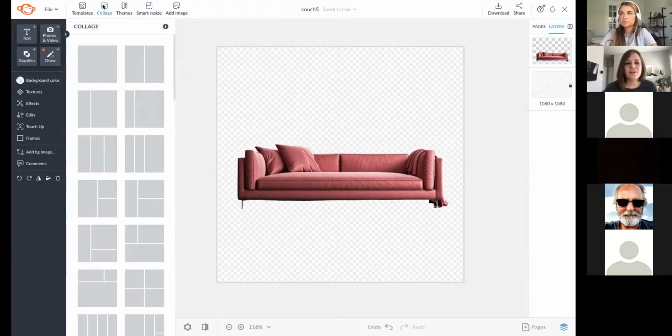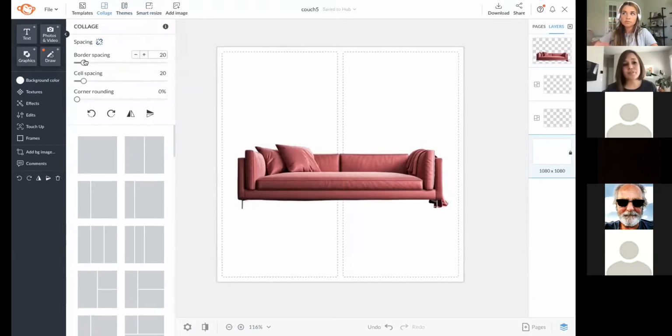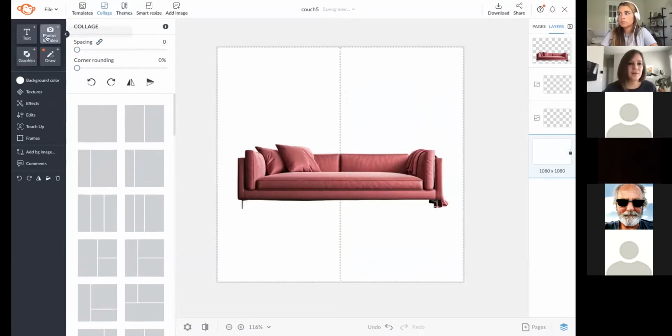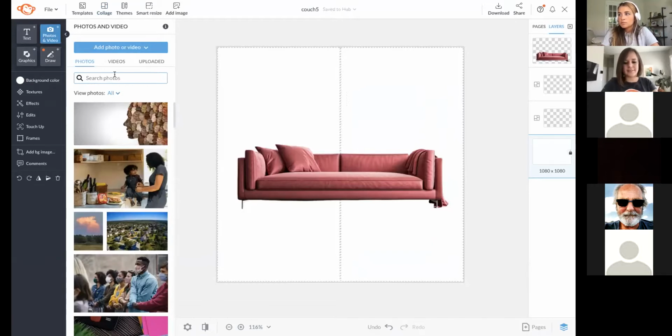I'm gonna use our collage tool to make a background. Clicking the two cells here. Our collage tool is super flexible, and I'll demonstrate it a little bit more on a coming page, but I can adjust the size around the edges. I can round corners. I can change spacing in between cells. And once I get photos or videos in it, like if I want,